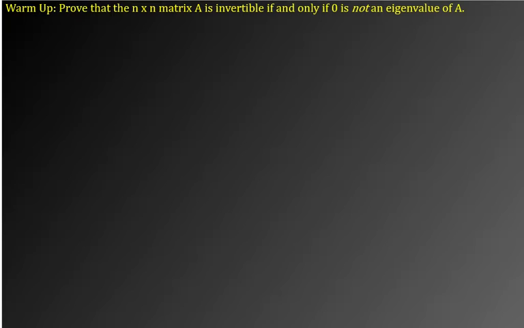To start off, though, I want to do this proof. We're going to prove that for an n by n matrix A, it's invertible if and only if 0 is not an eigenvalue of A. And conceptually, like with any proof, I would rather have you understand the concept here. I'm just going to draw this out. So let's just say we had a